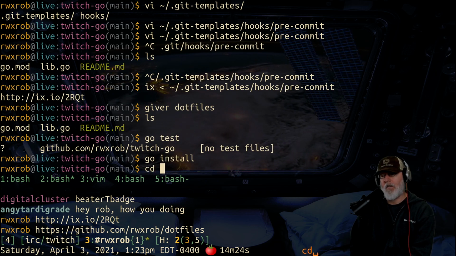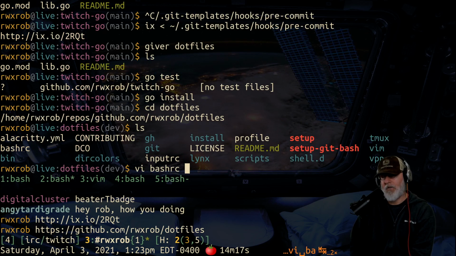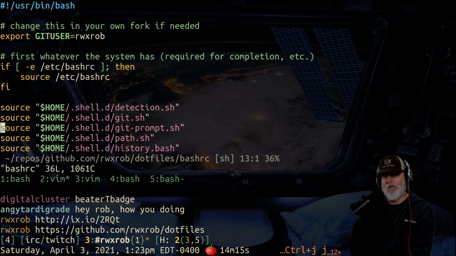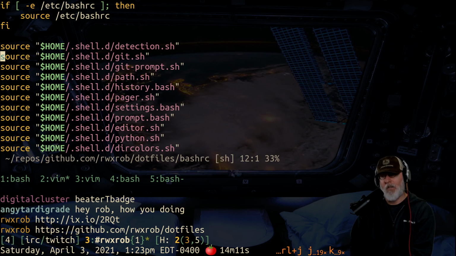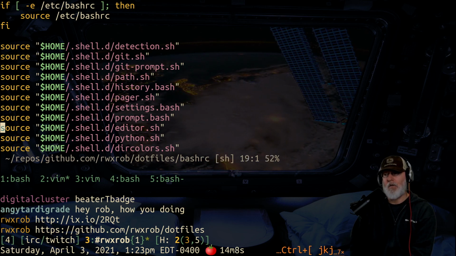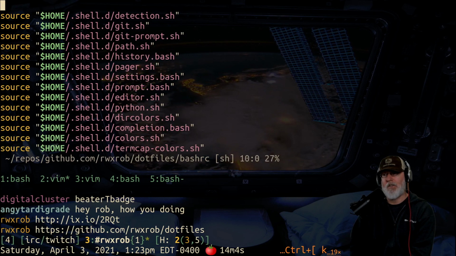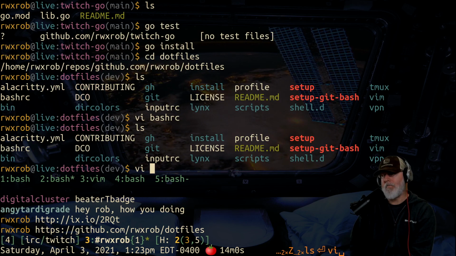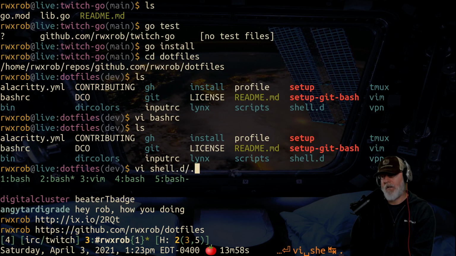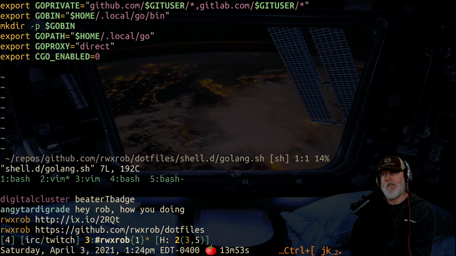Okay. So make sure you have, I personally like to have a setup script. So my bash RC, I know it's a little slower to start up, but I like it because of the modularity. I could have just catted this all together, but this makes it nice. It's also a way to test your changes. This is in my dot files. If I go to shell.d and go to the Go stuff, golang.sh,